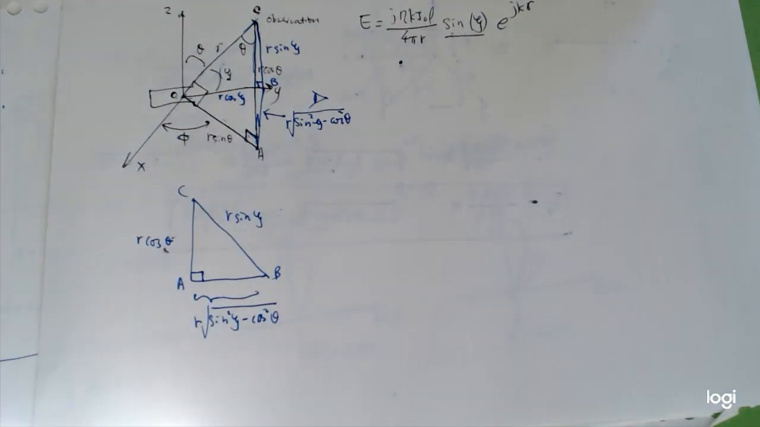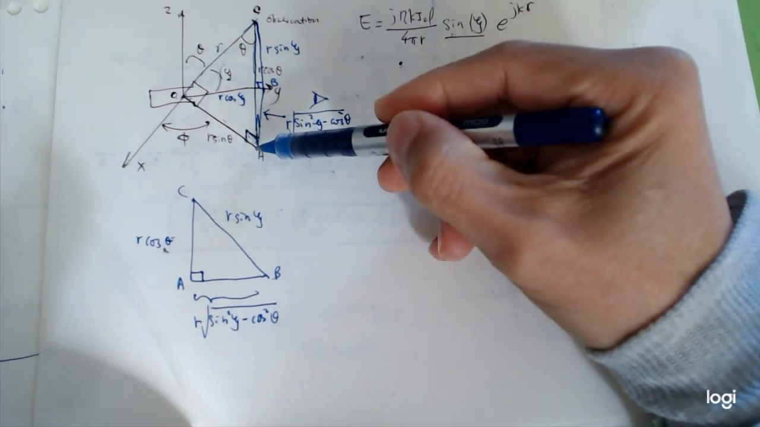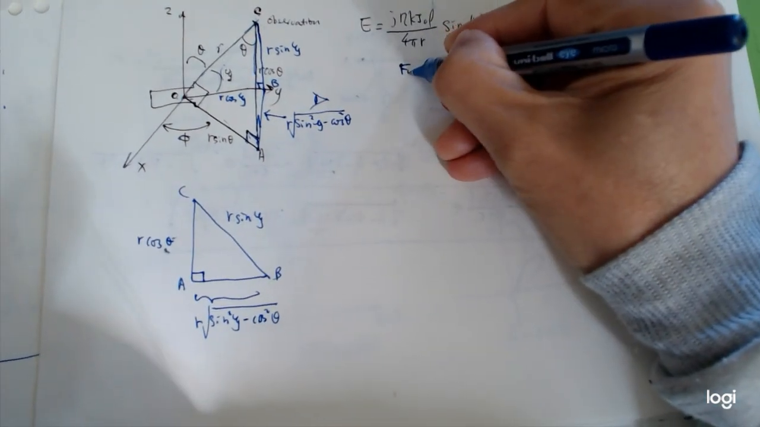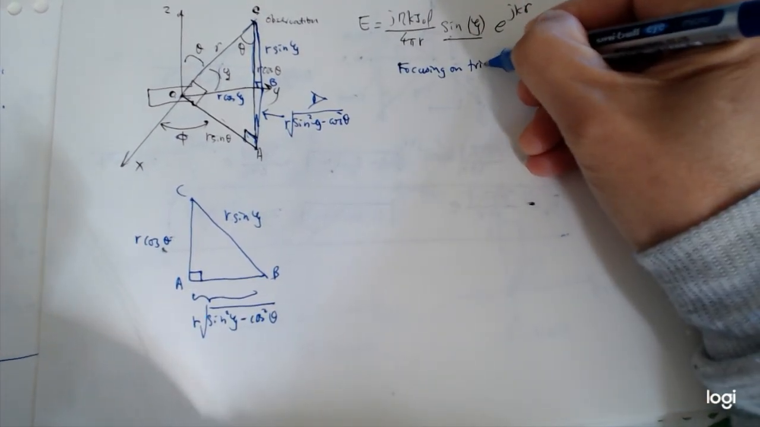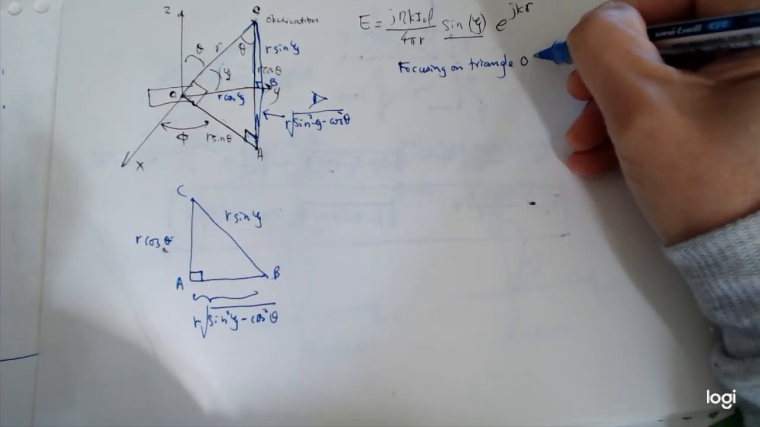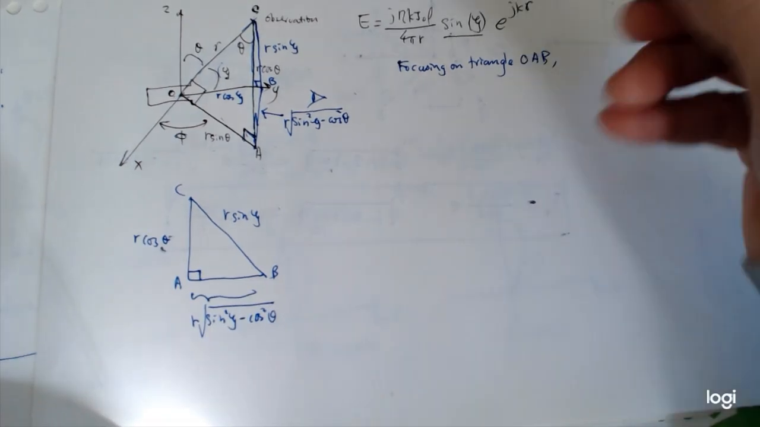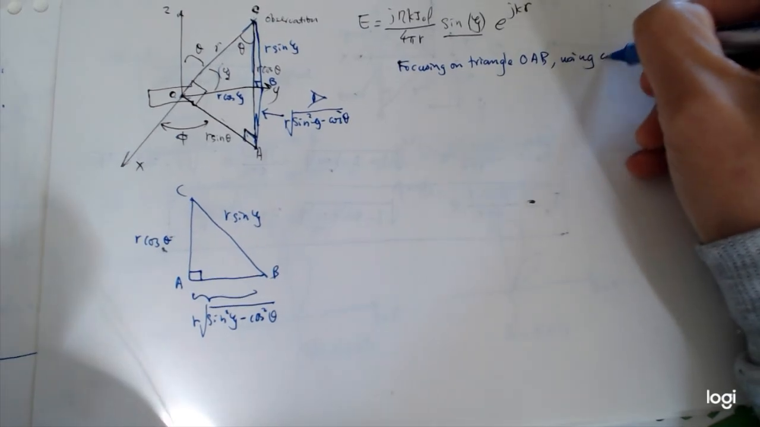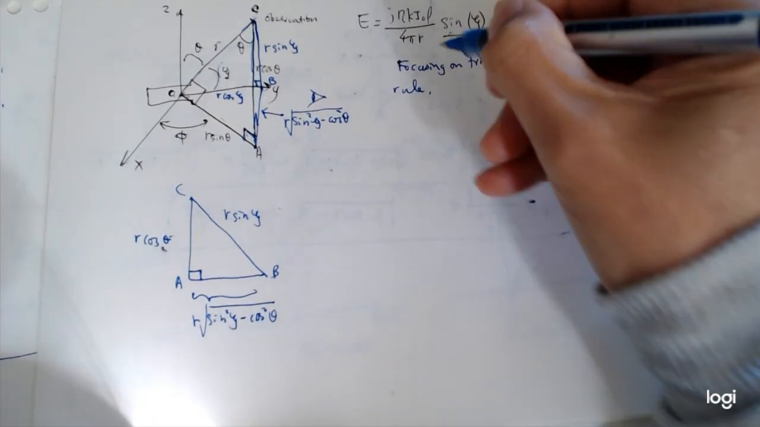Now, everything becomes clear. What we need to do is to focus on the triangle OAB. Focusing on triangle OAB, we use the cosine rule. Using the cosine rule, we get